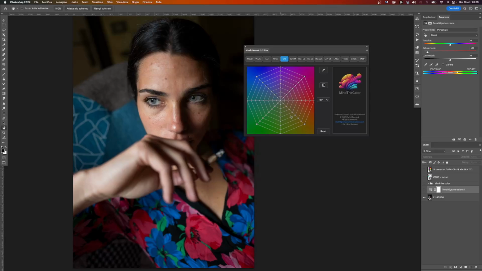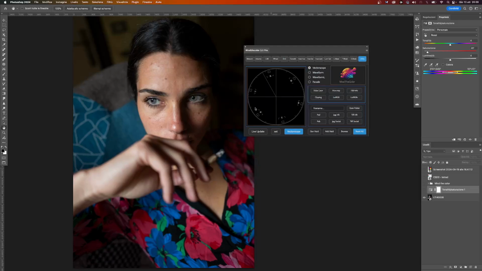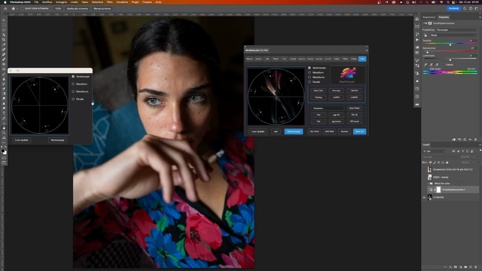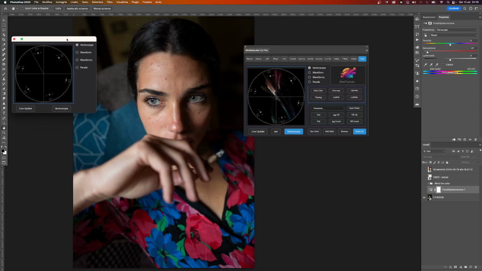Before showing you this, I'll show you another really smart tool. If you are familiar with video programs, this is the vector scope. I can activate the vector scope, and I can also set it as an external vector scope, so I can dock it here. I click on vector scope, now it is active, and I can activate the live update.